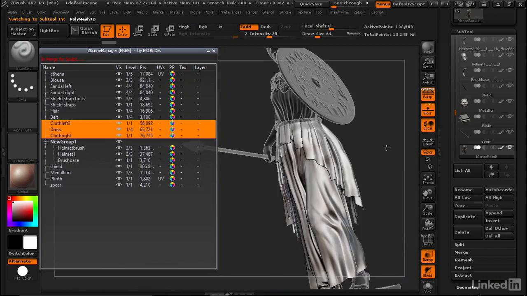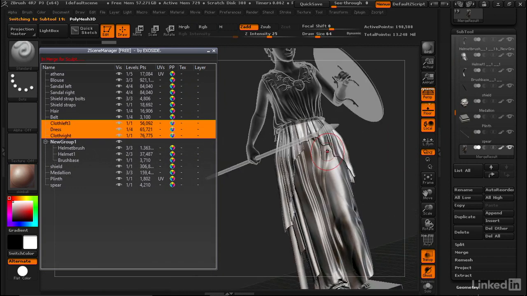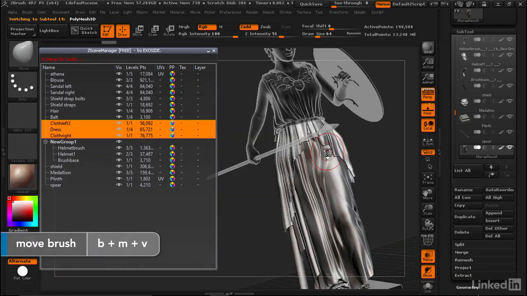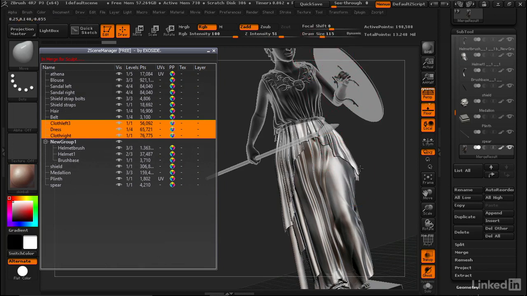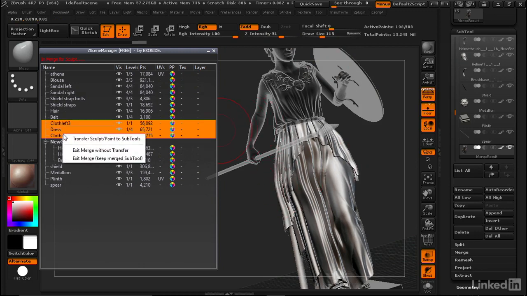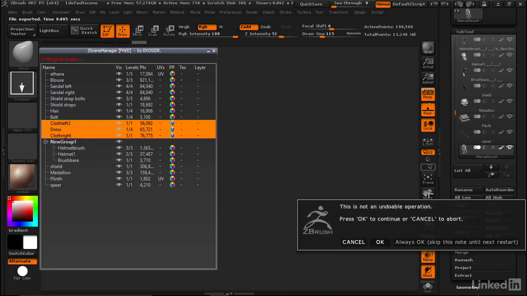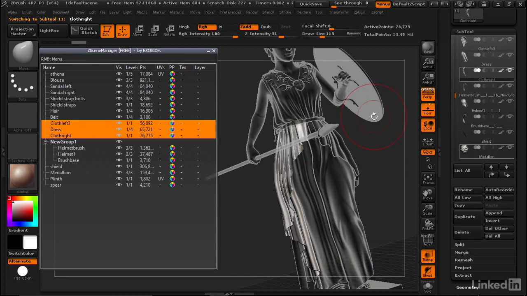Okay, so now they're all combined into one, and now we could maybe get out our Move brush, BMV, and we could move these all together. And let's say we like where that is, so we could just right-click on this again and transfer Sculpt Paint to Subtools. And it's just letting us know we can't undo that, that's fine. And very quickly, we're right back where we were, but all of those changes that we made are applied to